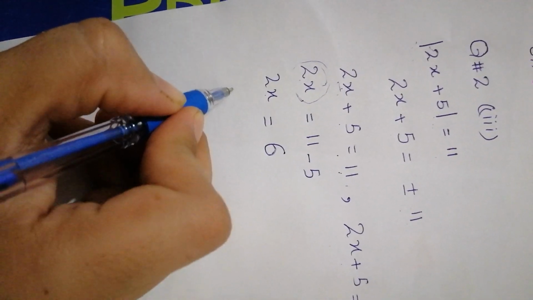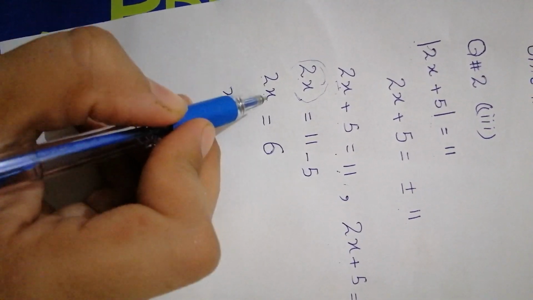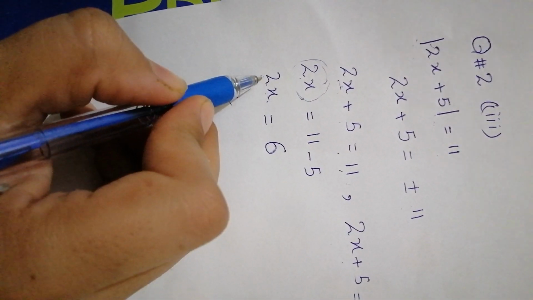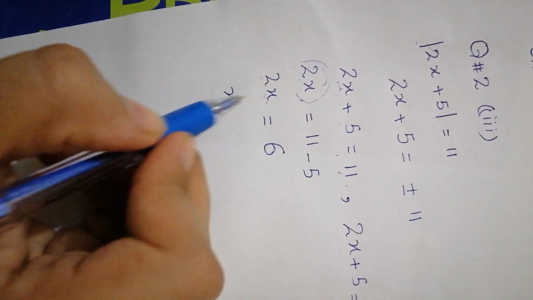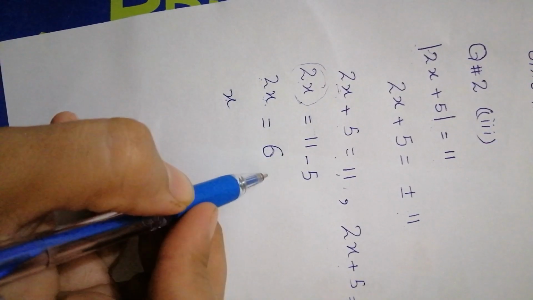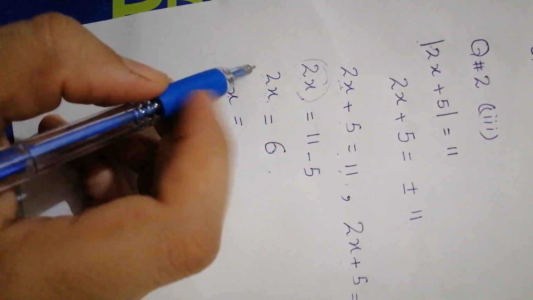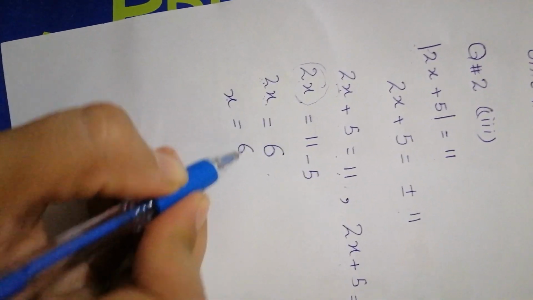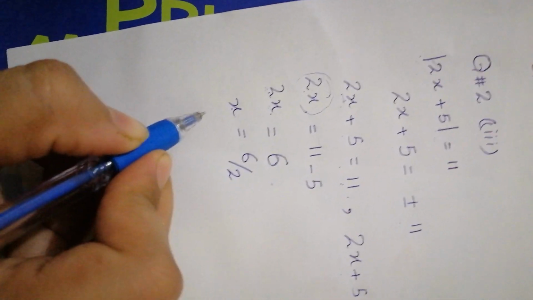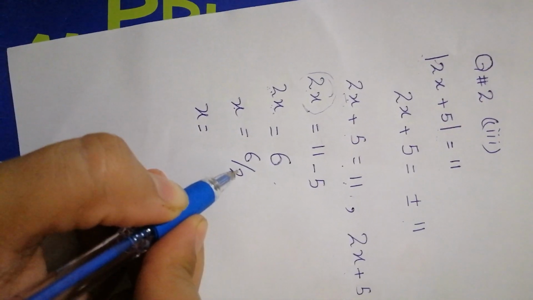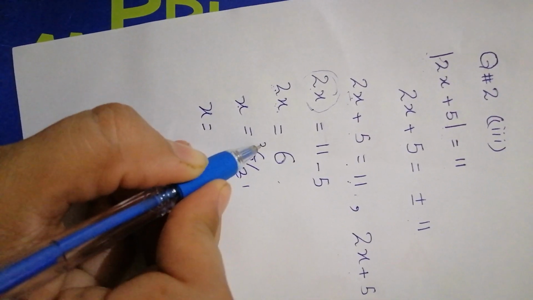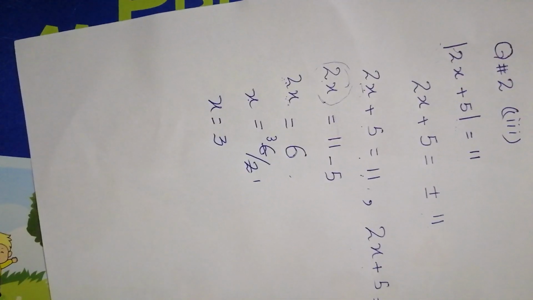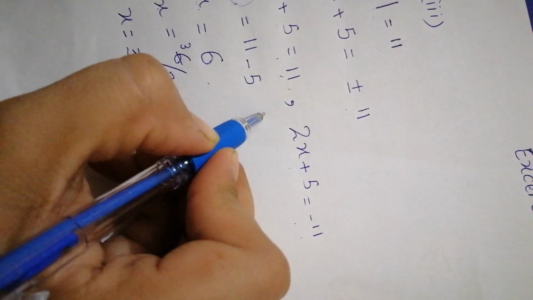And what is the value of x here? You can see that x and 2 both are being multiplied. So when you will isolate x from here, this 2 will be shifted to the other side of the equation, and here it is multiplying. When I will shift it to other side, it will be divided. 6 divided by 2. X is equal to 3, because 2 times 3 is 6. Okay, now you have second situation.